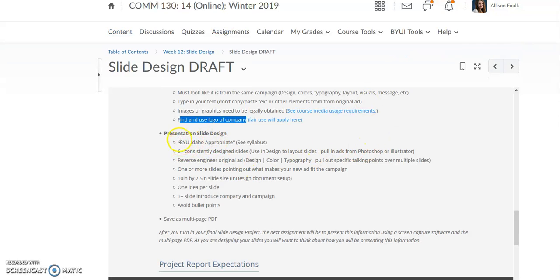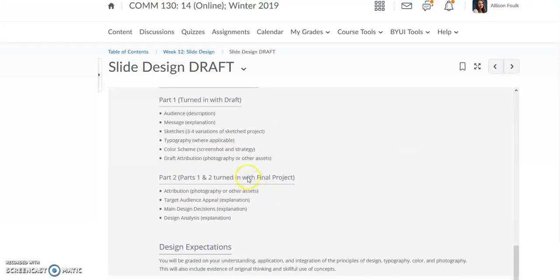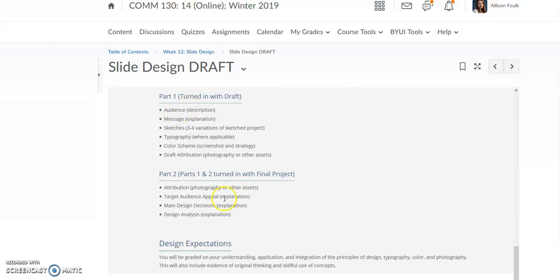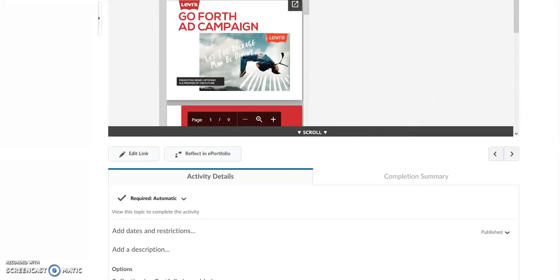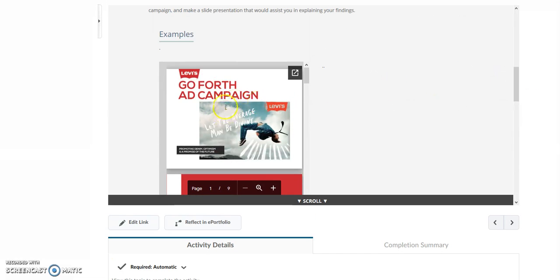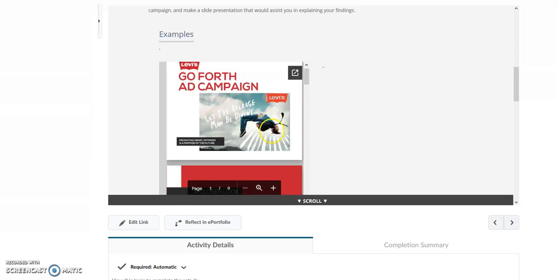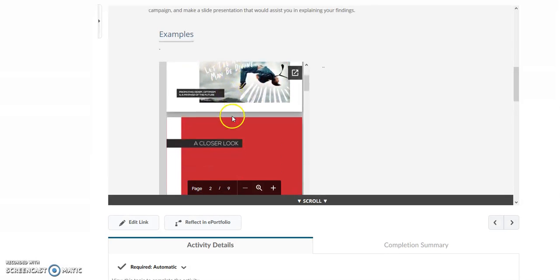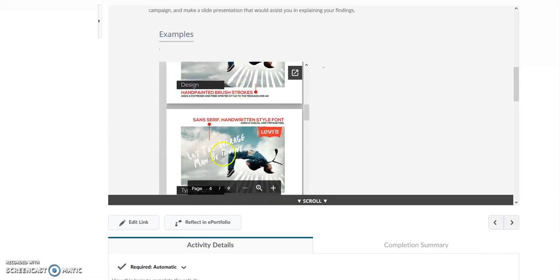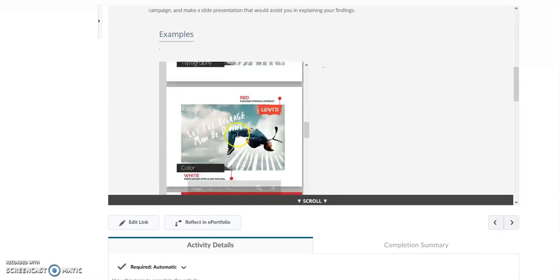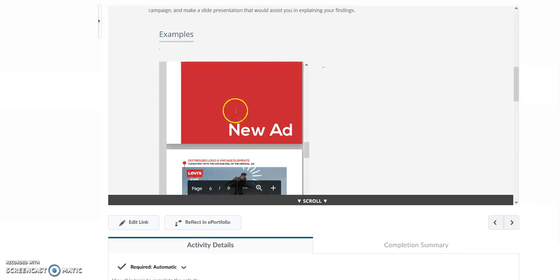Then after that, you're going to design your presentation, which is 6 slides, okay? And they're going to have things like, let's see, the example up here. Okay, so your slides, you're going to have your original ad. You're going to talk about things like the design, the typography, the color choices they made, then